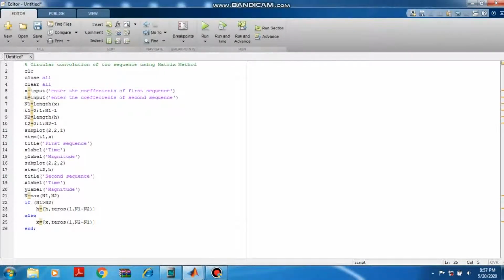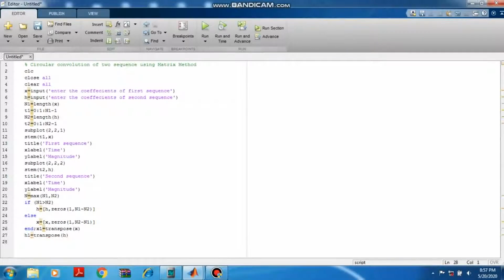Now what we have to do, we'll define a sequence x1 which gives me the transpose of x. I'll define h1 which gives me the transpose of h.